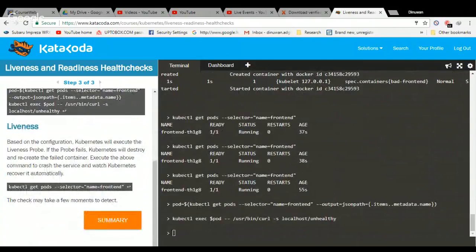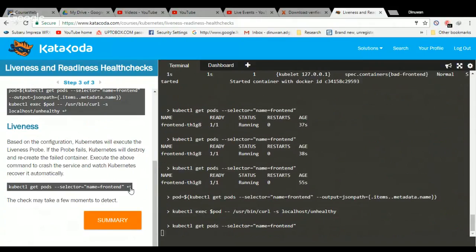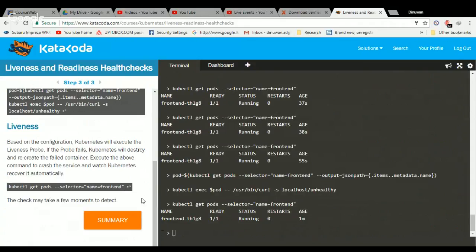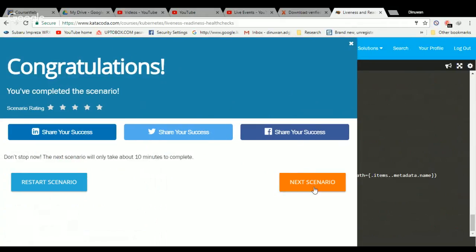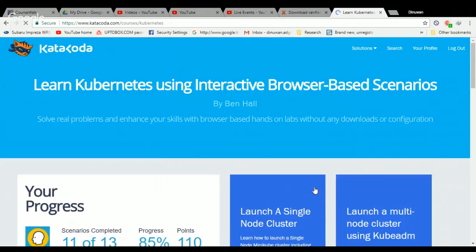And for the liveness check, based on the configuration, Kubernetes will execute the liveness probe. If the probe fails, Kubernetes will destroy and recreate the failed container. So execute the above command to crash the service, and as we can see, this command will just crash it. Okay, so thank you very much, and let's move to the next scenario, which is